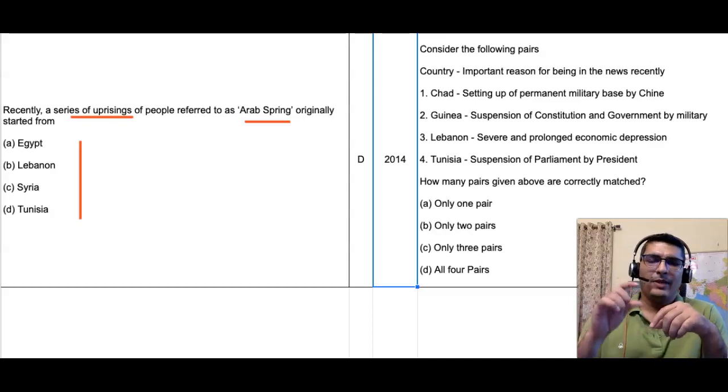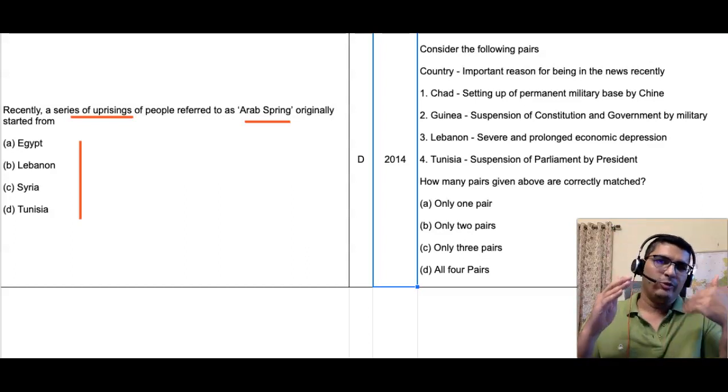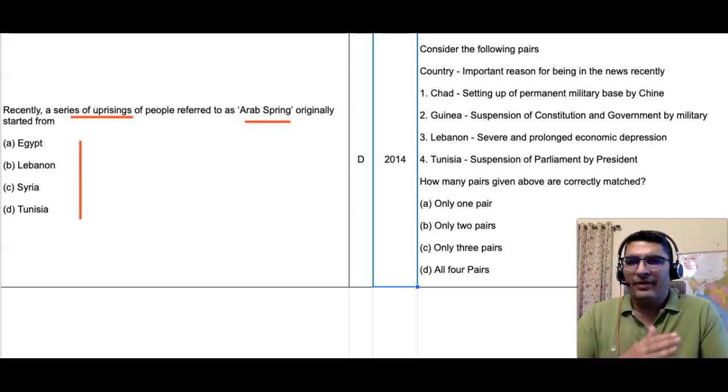In a one statement question, you will be asking just one piece of information and then 4 options. Here you are able to ask 4 pieces, or whatever is the number of matches you want to do, of that piece of information with the corresponding option. So it is just an iteration, just a different way of asking a one statement question.